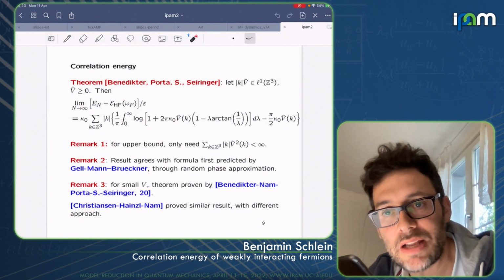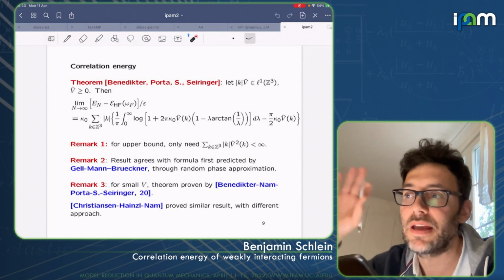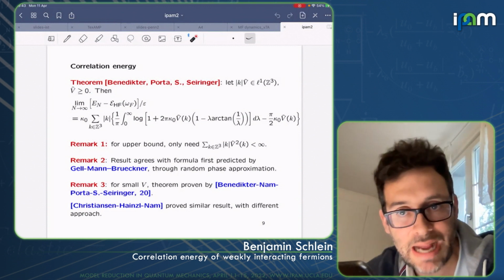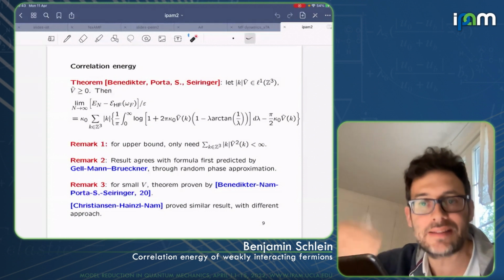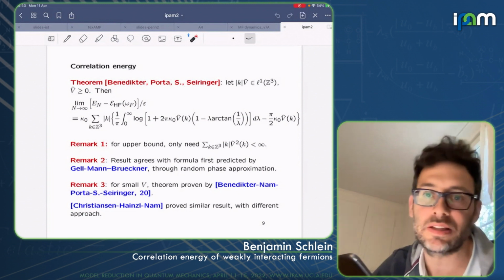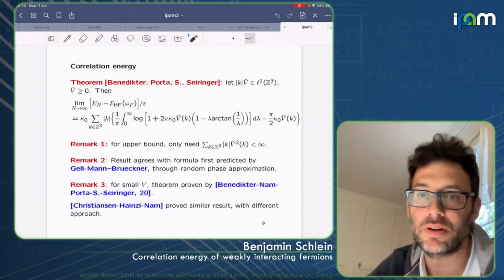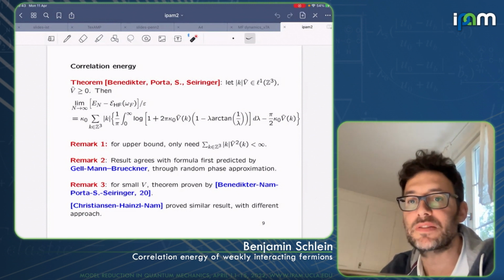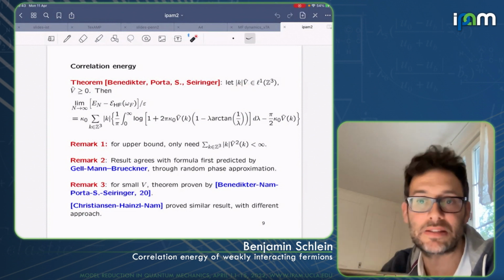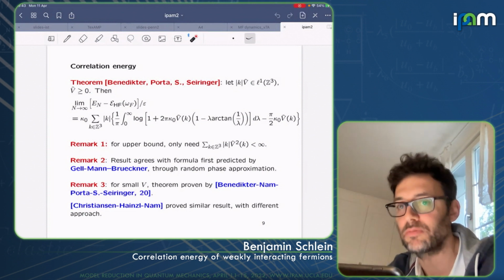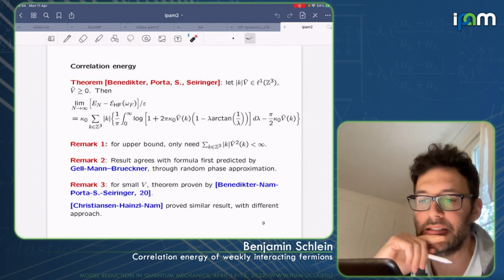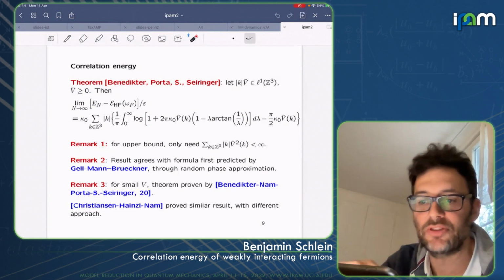the correlation energy, right? The Hartree-Fock energy somehow is the energy that you get if you consider particles being non-interacting, in a sense. So the next correction is due to the correlations among the particles, which are due to the interaction among the particles. That's why it's called the correlation energy. And what we can prove is the following. This is the condition that our potential has to satisfy. This is not satisfied in the case of a Coulomb interaction, but that's just as it is. So it's a smoother potential if you want.